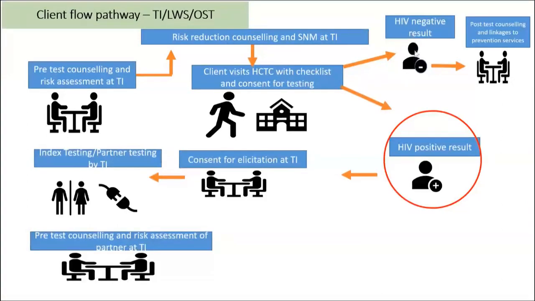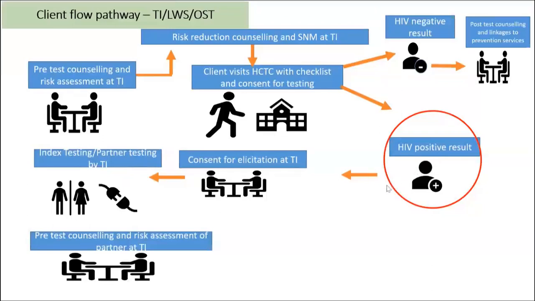And once the person is HIV negative, then these are the clients who are referred from TI or link workers. So they must be from the key population group. So their post-test counseling and linkages to prevention services will be needed in case the result is negative. If positive, then we need to take the consent for the contact elicitation, and that can be done at TI also. And index testing, partner testing can be done at TI for these clients, those who are HIV positive,